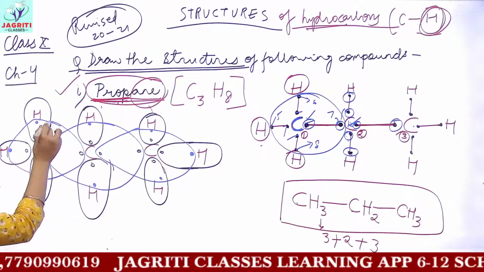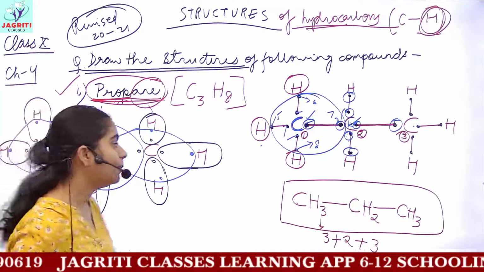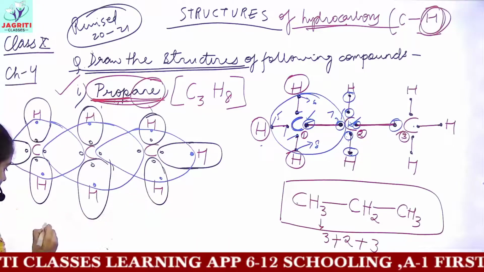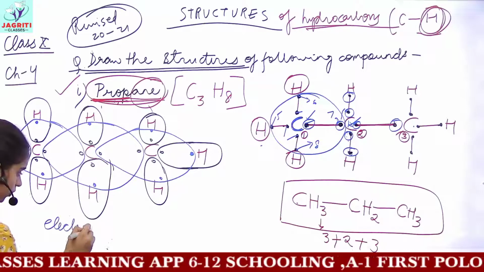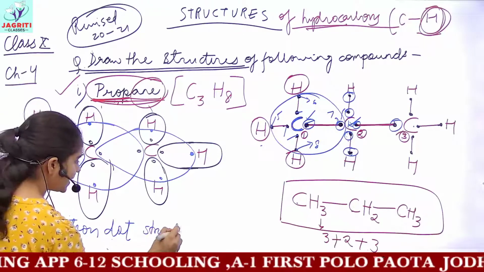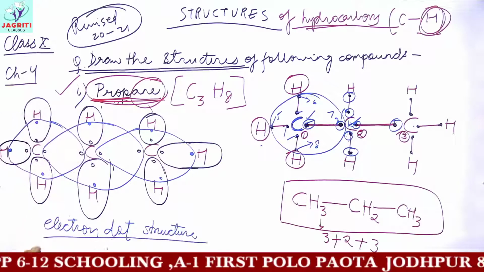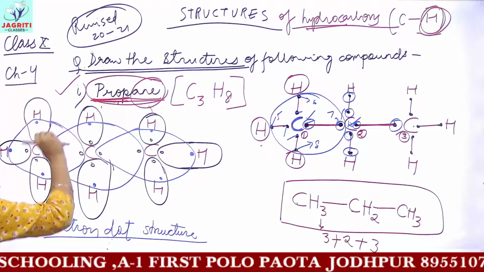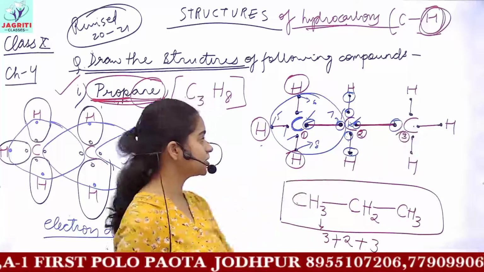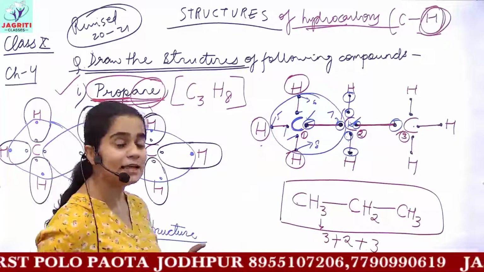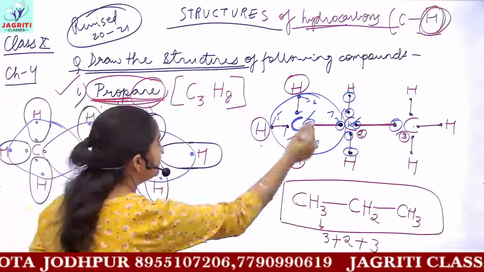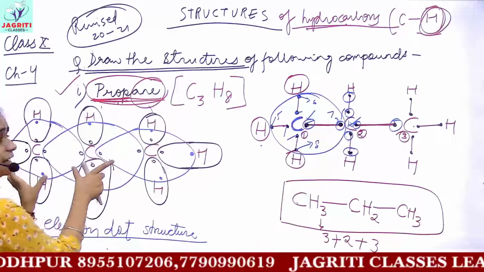This you might not be able to understand in one go, but do practice this. Either you are asked in the exam to draw this. This is called electron dot structure. If you are asked in exams to draw the electron dot structure, then please do not make it directly. Make the simple linear structure or the straight chain structure first, and then it would be easy. Then what you have to do? Put the dots on each bond. And after this, complete the sharing here and the electron dot structure.